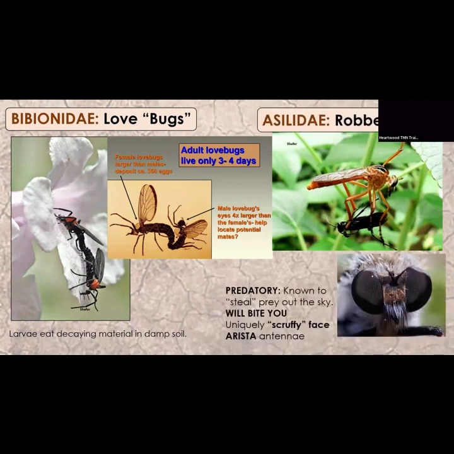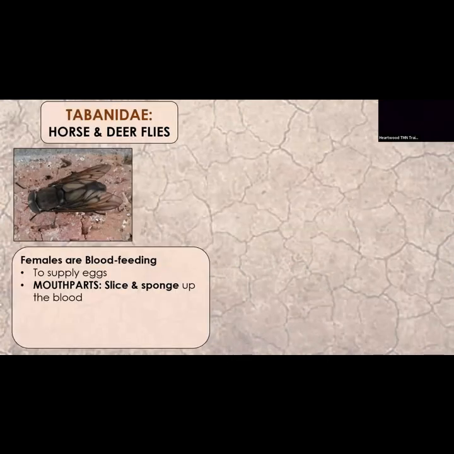The next family are robber flies. Robber flies have that name because that's exactly what they do. They steal prey right out of the sky. They're fierce. They just go snatch it like a dragonfly would and eat it. So they're predatory. They will bite you. You know, bugs will bite. You're bothering it. You're bigger than it. I always found it easy to identify, not just because of the gestalt. Robber flies have this appearance about them. They're kind of stocky up front, but also they just have this really bristly face.